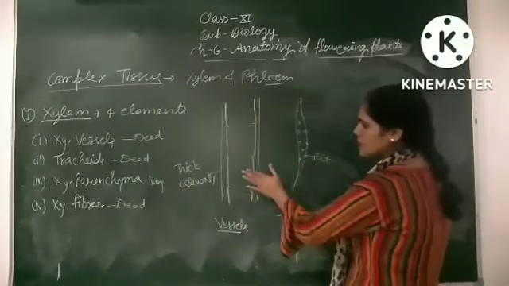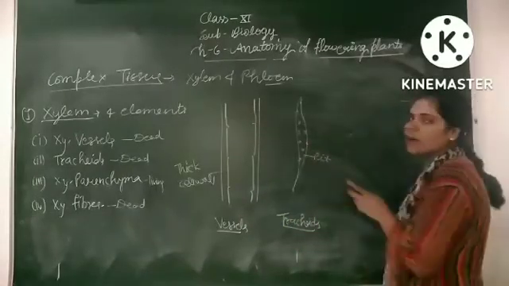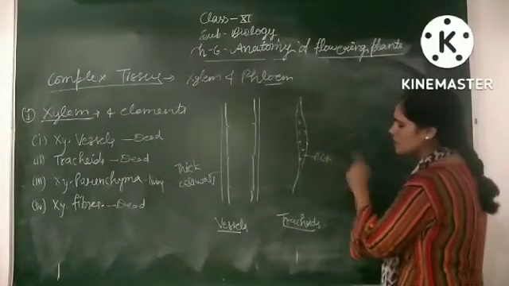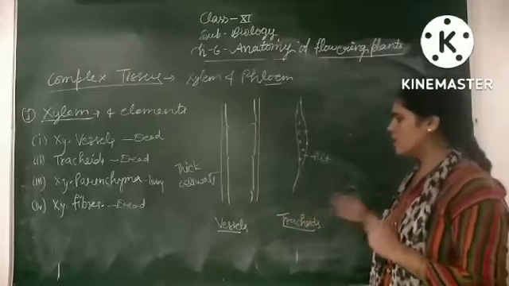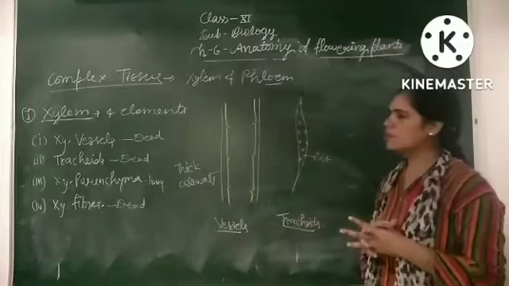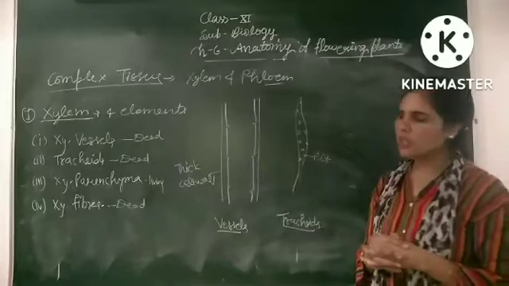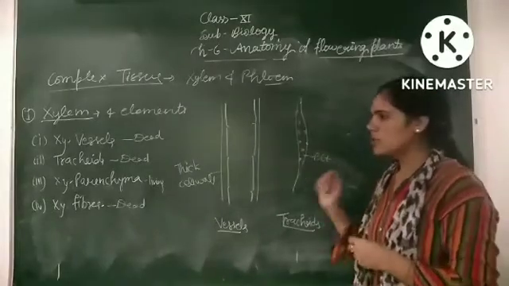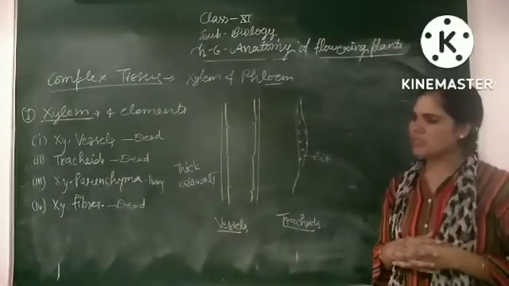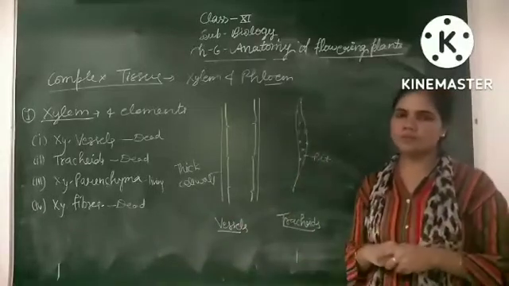So it is the main cell that conducts water. Second cells are tracheids. Tracheids are fiber-like cells tapering at both ends. The cell wall has some pores called pits. So these two types are the main conducting cells, and both are dead in nature. Next is parenchyma. The xylem tissue also comprises living xylem parenchyma cells, which do the storage function of water and other substances. So it is living in nature. Last, xylem fibers are basically sclerenchymatous cells which are also dead in nature, and they provide support and strength to the xylem tissue.